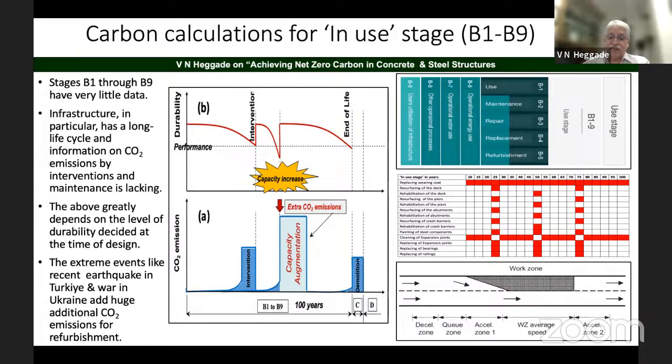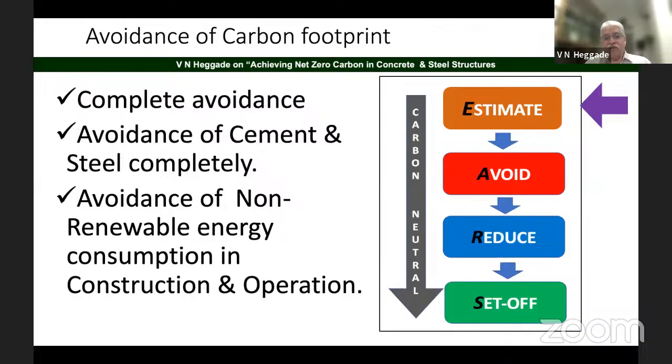And in some cases, this traffic diversion may completely avoid this particular bridge or the infrastructure itself. In that case, the whole traffic is diverted, and the distance to be traversed becomes more. Additional carbon dioxide emission takes place because of that. That is also the user carbon. Now we have seen how to calculate and estimate the carbon footprint at the different stages of the whole life cycle of a facility.